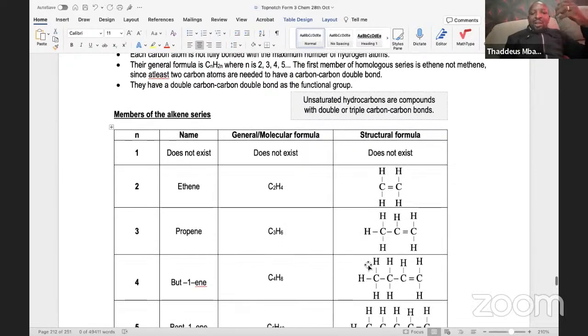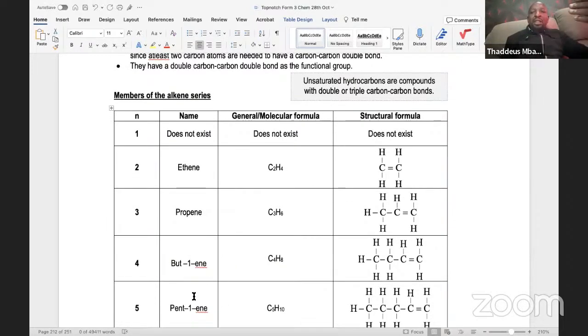So in short, when you're drawing the formula of these compounds, make sure that you are able to just draw. If it is a butene, just draw 4 carbon atoms, then put a double bond anywhere. Then from there, you'll be able to count from one side to the other. Just make sure that each carbon atom has 4 covalent bonds. Of course, you'll understand later why we don't just say butene. There is no single compound called butene, because you have to specify the location of the double bond.